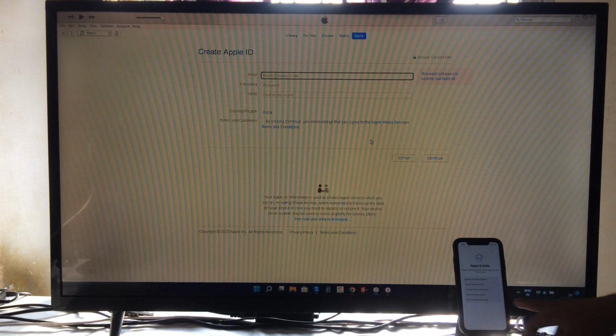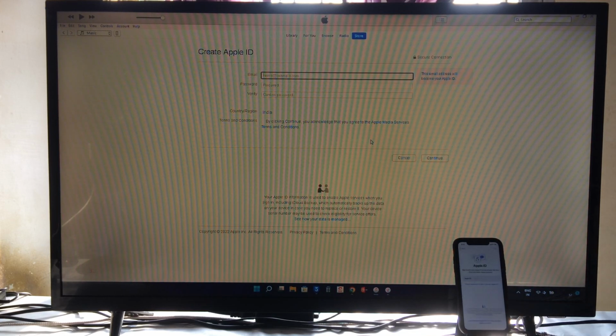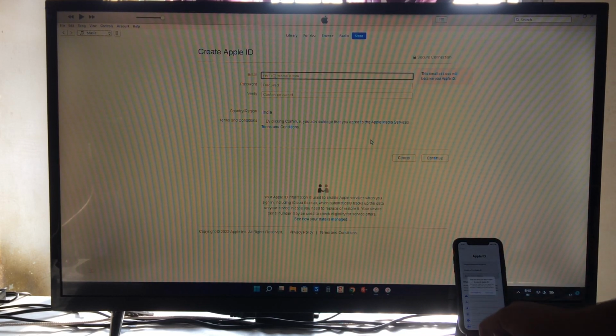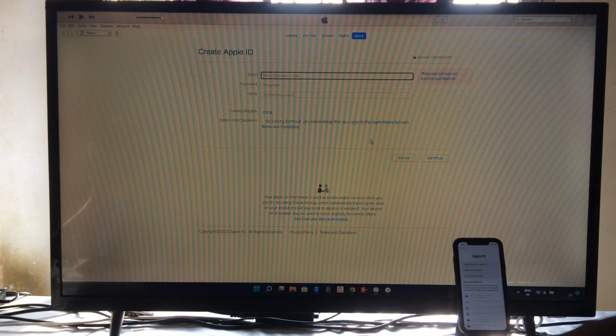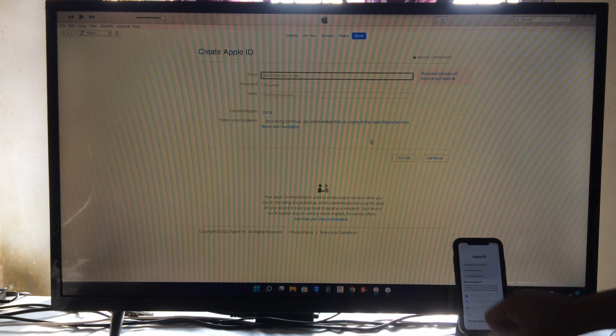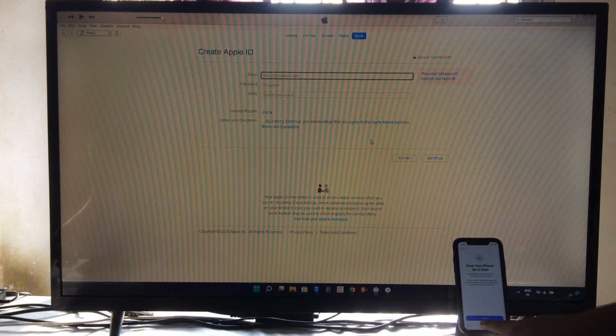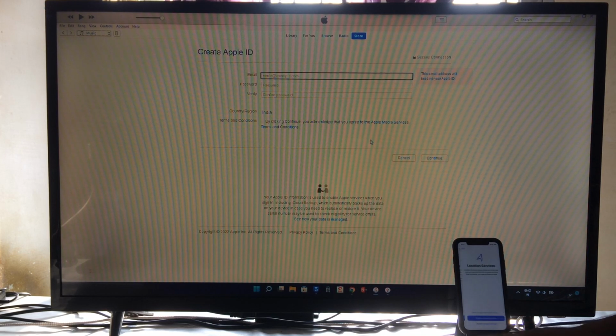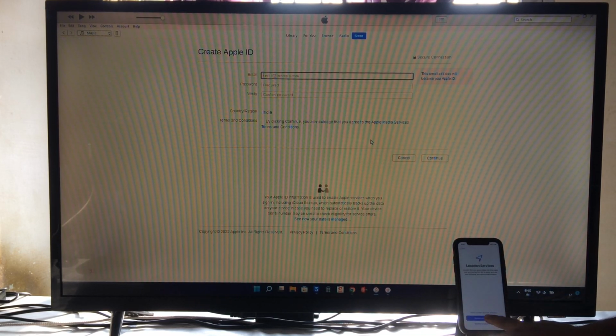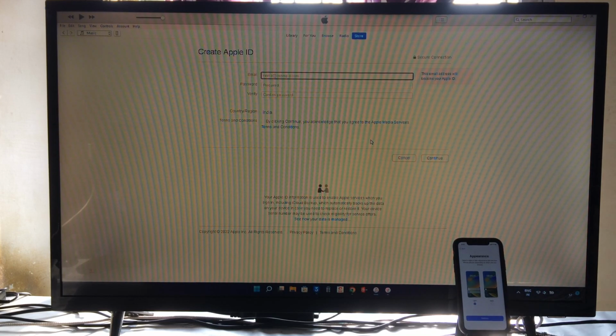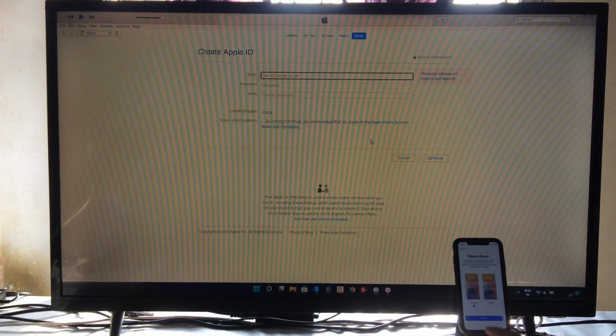Now we will go for don't transfer any data. We don't have Apple ID, of course set up as later, so I will go for don't use. Agreement, we will select all these things, we will go for keep this one, we will go for not now, we will go for disable. Of course we can enable and disable, no problem. Set up this later, don't share, go for continue guys, go for continue.